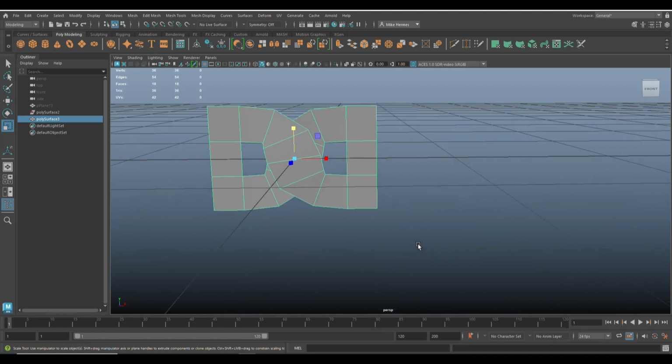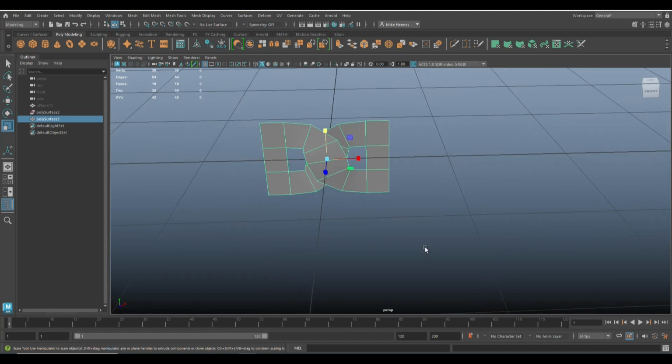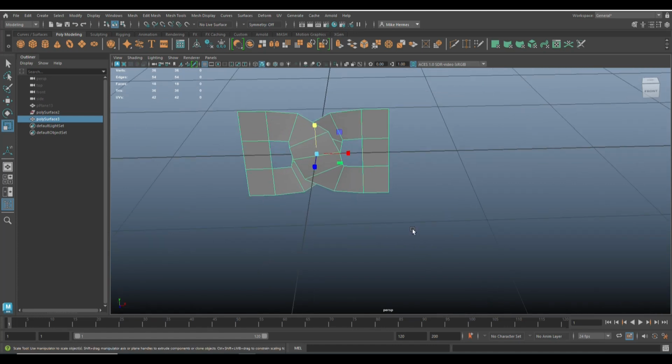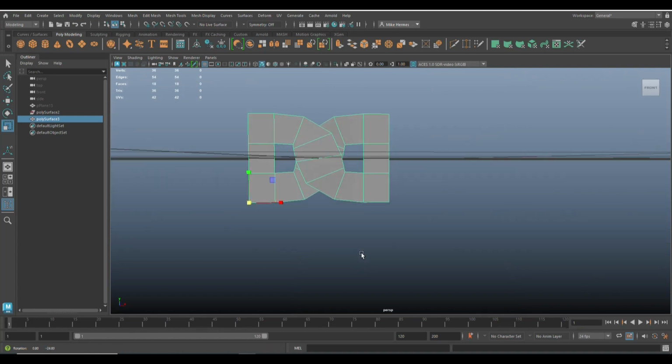Now, it's time to make a pattern. So we need to move that pivot point again. So we're going to hit the insert key. I'm going to hold down V and move it over there and move it down to that corner like so. Hit the insert key again, and then from here we're going to hit Control D to duplicate, W to move, and we're going to hold down V for snapping,